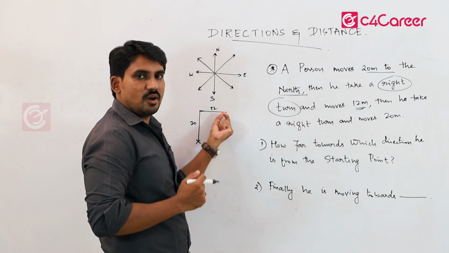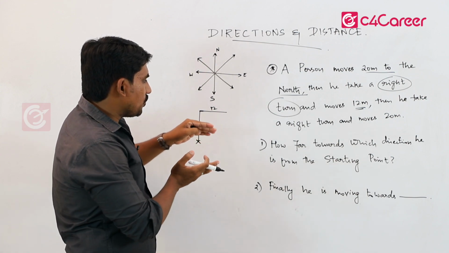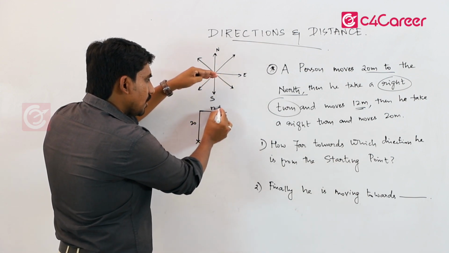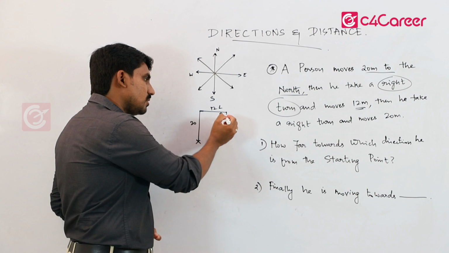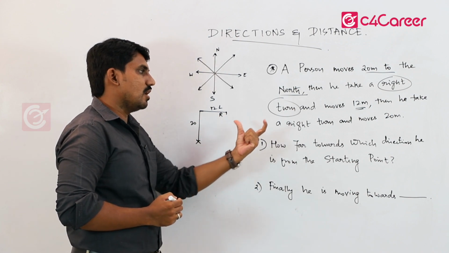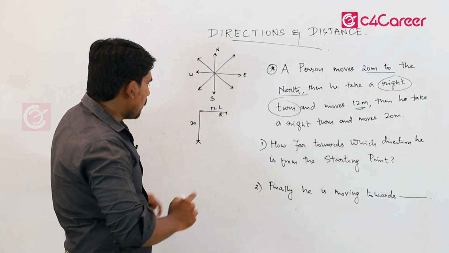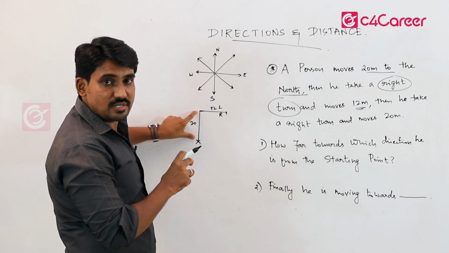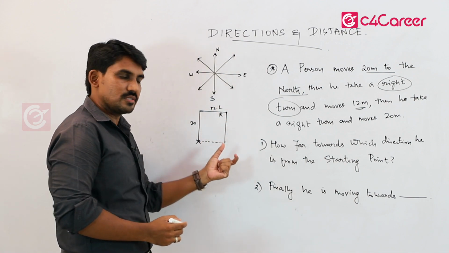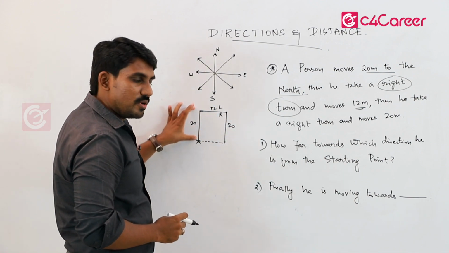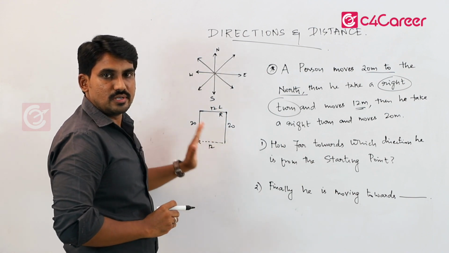Now from this point, how to judge left and right? Consider yourself standing on this line. What is your left, what is your right? If a person is looking in this direction, this is left of the person and this is right of the person. Towards right means first decide the direction. Then how many meter? 20 meter. Now we can draw a line and mark 20 meter. Clear? Now this distance we already have as 20 meter. Therefore this line will exactly stop at this point. This is 20 meter, this is 20 meter, and this is 12 meter. Therefore this is also 12 meter, right?